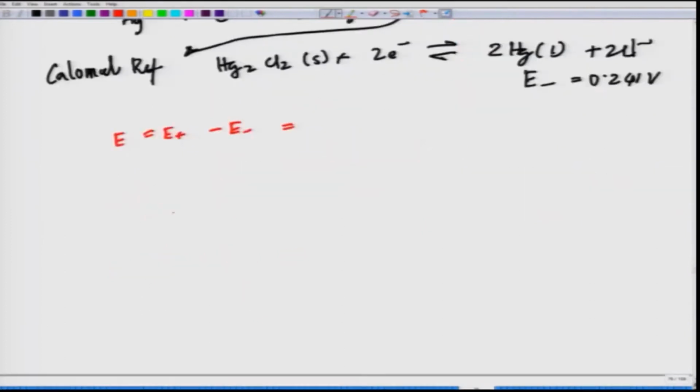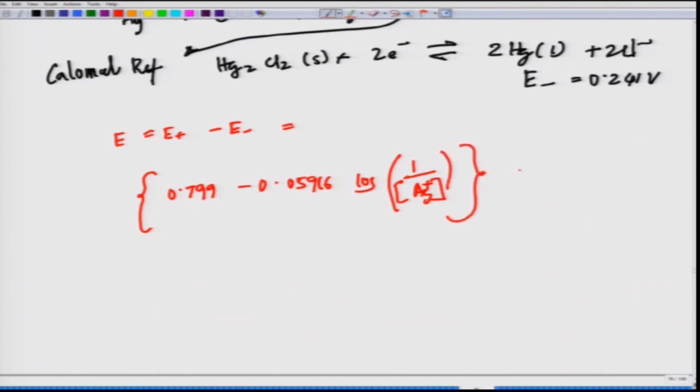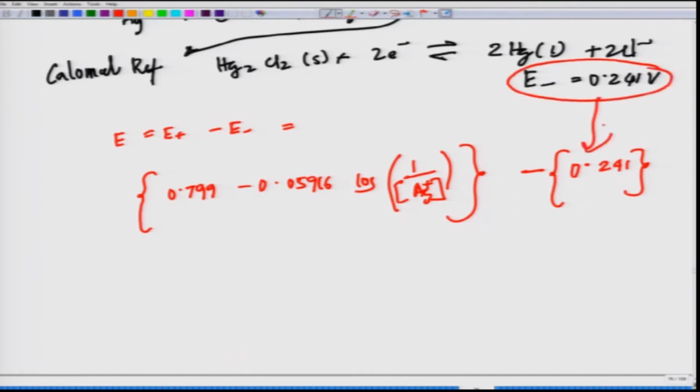The values will look like something like this, 0.799 minus 0.0596 log 1 upon Ag plus, which is your analyte you are trying to look forward to, what you have to find out, minus 0.241, which is this value, which is potential of the standard calomel reference electrode, and this is essentially your